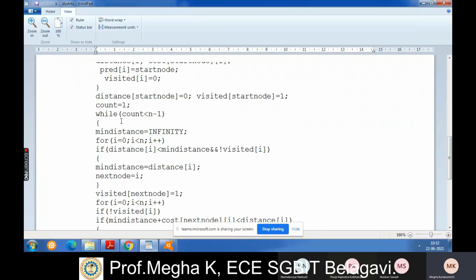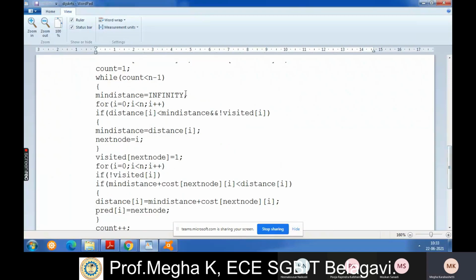While the count value is less than n minus 1, until all the nodes are reached, we find the minimum distance. Here, if distance of i is less than the minimum distance, consider there is no direct link, so I need to go through another node.